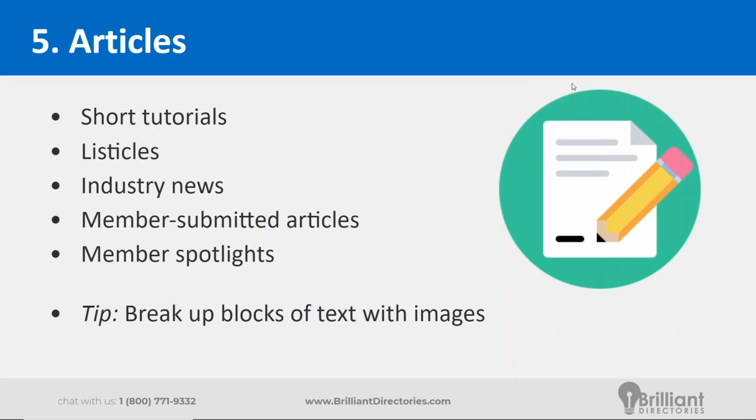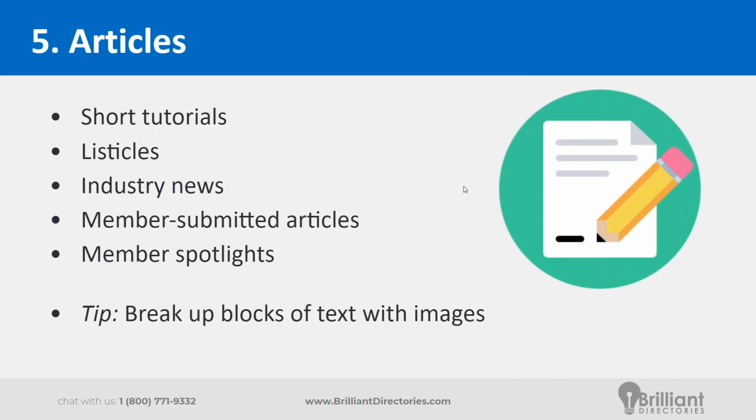So moving on to the last piece of shareable content here, going back to the basics, we have articles. However, instead of just posting a plain piece of text, you can change up the format of your articles. You can create written tutorials with a lot of included images to break up the text and make it more interesting. You can write listicles. So instead of writing just paragraph after paragraph, whatever the topic may be, you can just turn it into a list. So top 10 ways to increase curb appeal.